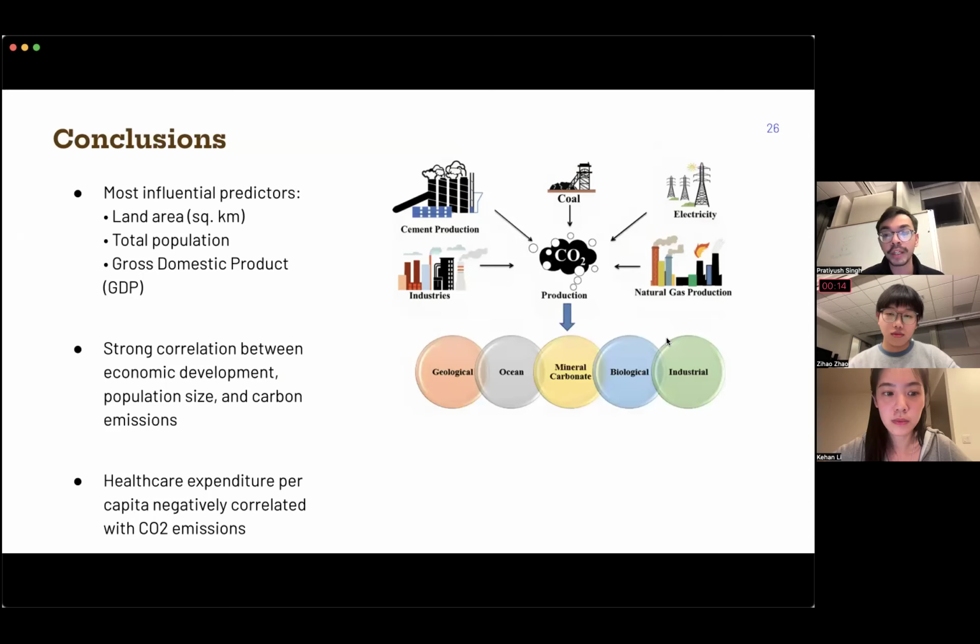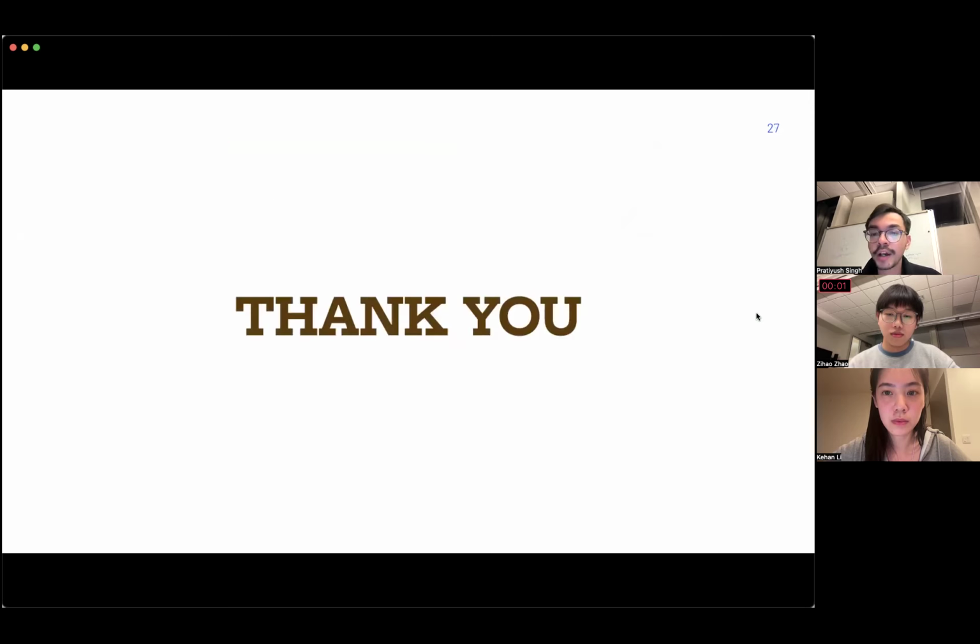And lastly, we for now think that land area and total population are the most influential predictors. There's a strong correlation between economic developments and carbon emissions. And lastly, healthcare expenditure surprisingly has a negative impact. Stay tuned to find out what our project